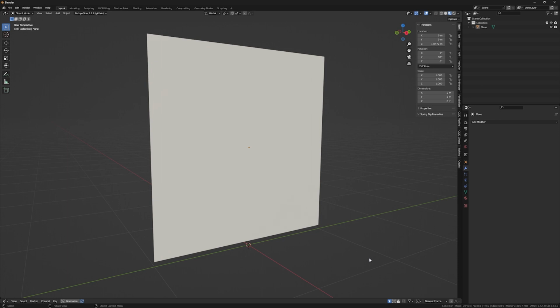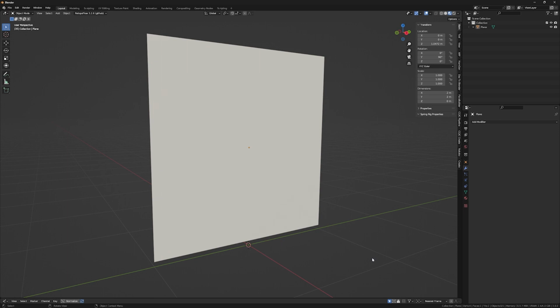There are two ways of adding the displacement map to your model. One version is using the displacement map in your shader, which I made a video about before, and I will add the card on the top right of this video. But in that version, you need to render with Cycles to see the changes on your model. In this version, we are going to use the displace modifier in order to actually sculpt or carve the details on our model.